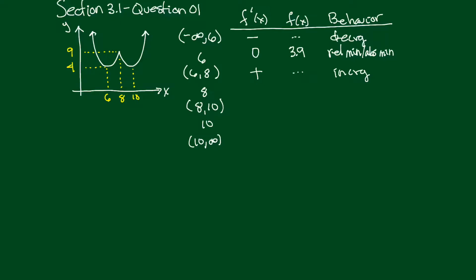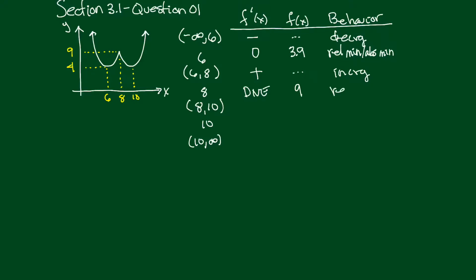Now, what happens right here at 8? Well, at 8, if I'm looking for the derivative at 8, we've got a corner here. There's no derivative. There's no individual unique tangent line. So what happens right here is that this is undefined or does not exist. So what we can write here is that the derivative at 8 does not exist, but it looks like the f of x value, and we're actually given that one, that's a 9,